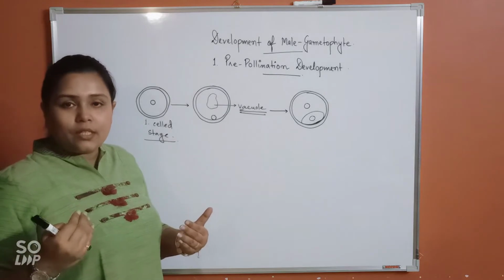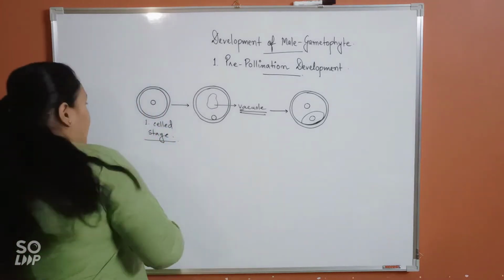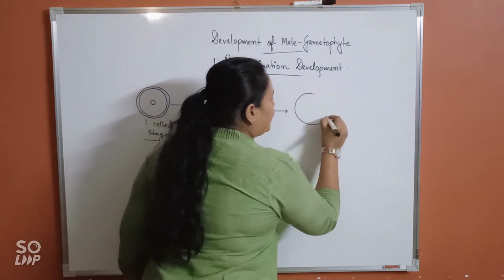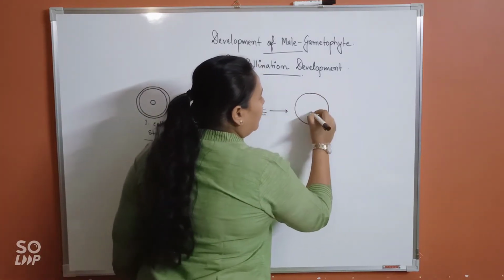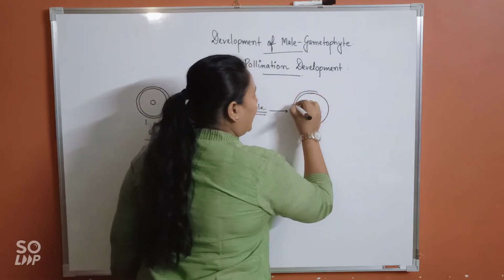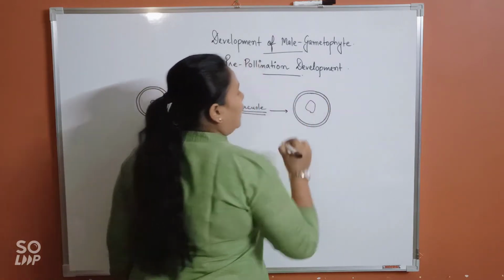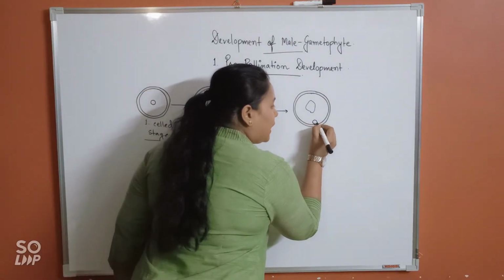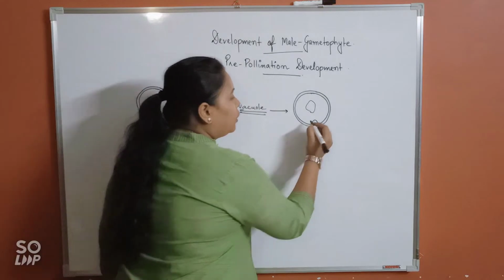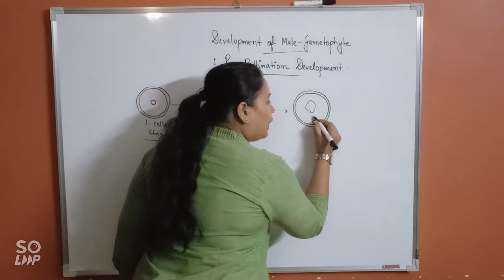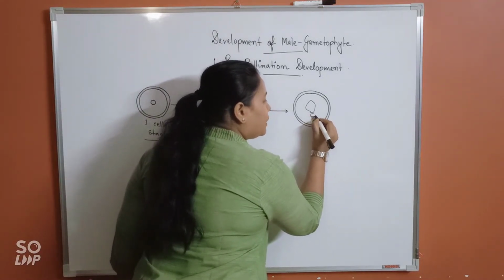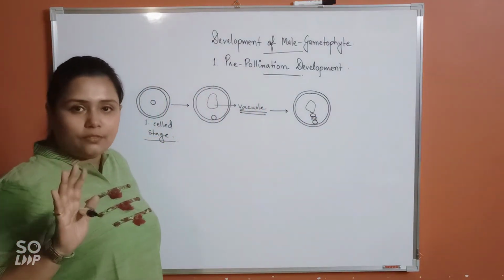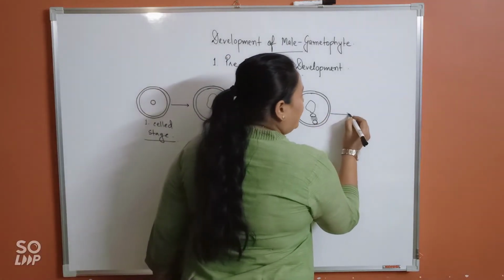That means this nucleus will first undergo one round of nuclear division, karyokinesis. Let me show you in a different manner. Say, this is the pollen grain, this being the vacuole, this being the sporoderm. Now here the nucleus is sticking, isn't it? The nucleus will undergo one round of nuclear division here. These are the spindle fibers, so this is another nucleus that has been born. So karyokinesis has occurred, fine.